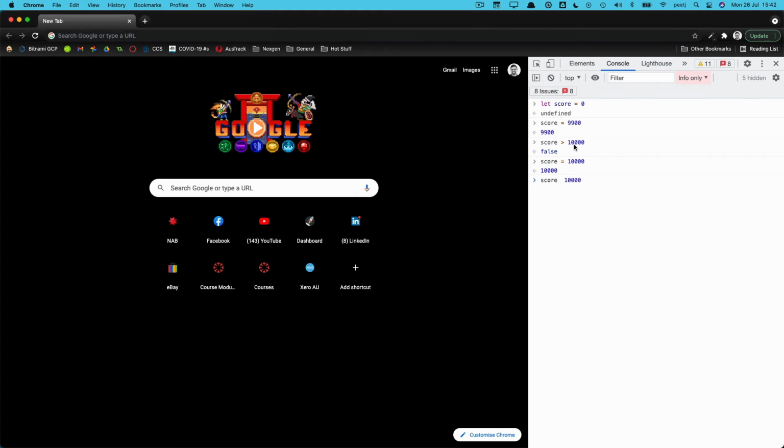Now let's delve into the equals. So, does score equal 10,000? Yes, it does. Score is exactly 10,000, right? If I made score 10,001,